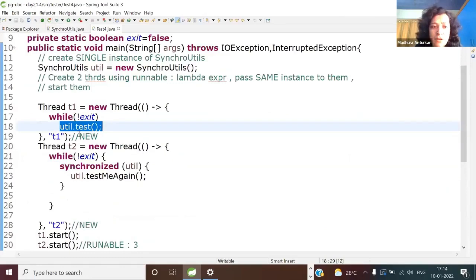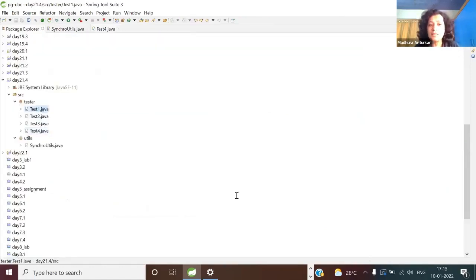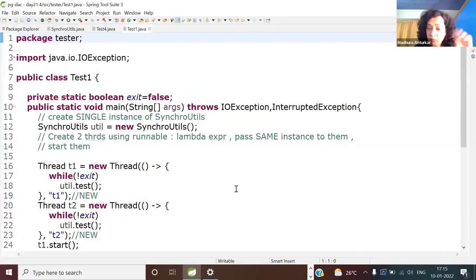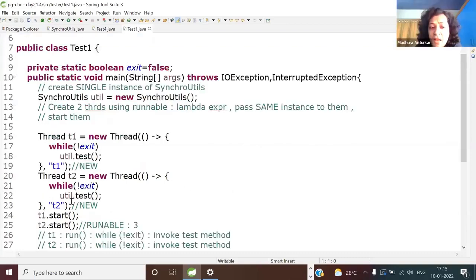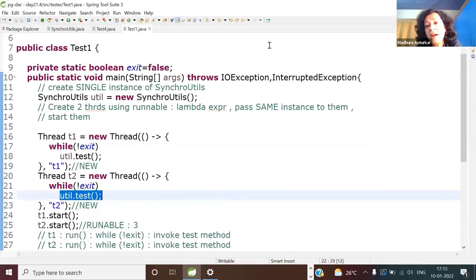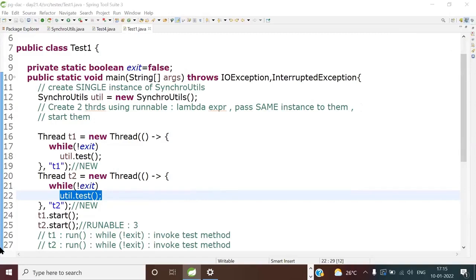Pick up the earlier example where we had both the methods. Here, one thread calls synchroutils.test1, and in another thread call synchroutils.test2, and tell me, what do you expect to see? Synchronized output or unsynchronized output? Will they block each other? Synchronized. Of course, you'll see synchronized output.